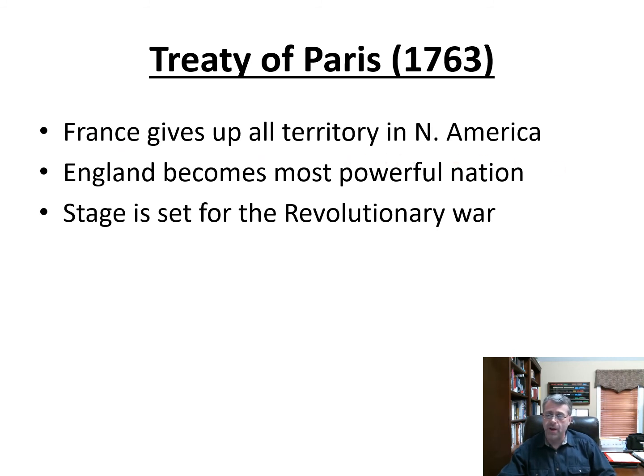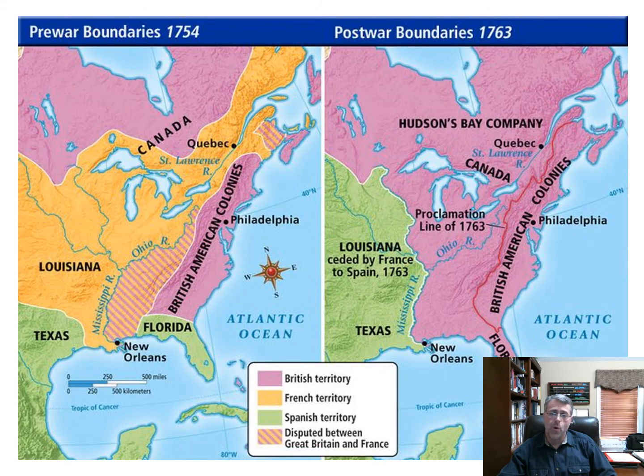Taking a look at the map here, we've got a nice before and after of this French and Indian War to illustrate this. Prior to the war, 1754, France controls a large territory. Most of the interior, all along the St. Lawrence River, the Great Lakes, and the Mississippi River, is all controlled by France. England controls basically this between the Appalachian Mountains and the East Coast. A relatively narrow strip of land here on the East Coast.